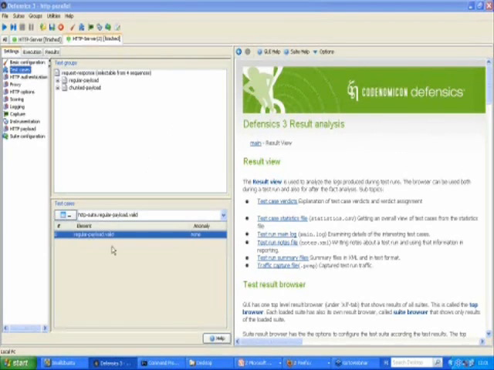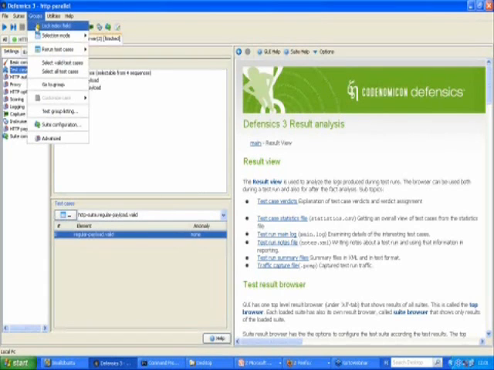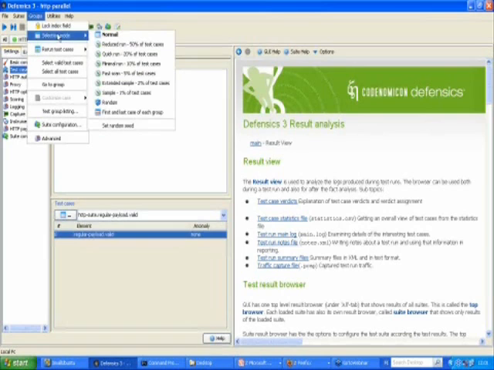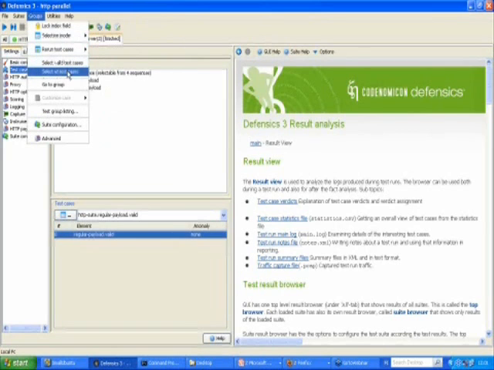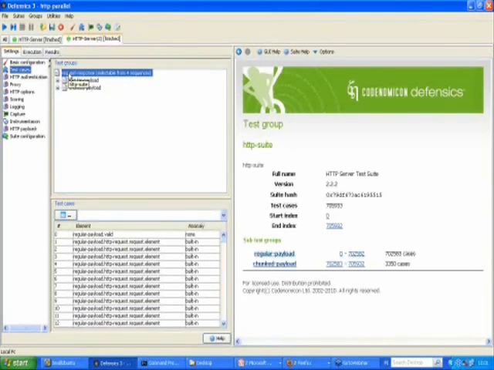Yes, in the demo I was using perfectly valid test cases. So the test case I was using is a valid web request. If we want to run the actual fuzz test cases as well, then we can run more or less test cases, and depending on how many test cases you want to run, you can either run all the fuzz test cases, which would be the fact now,